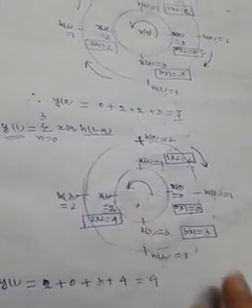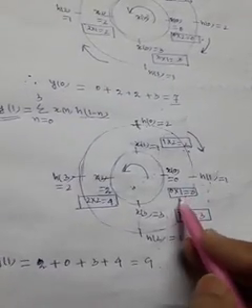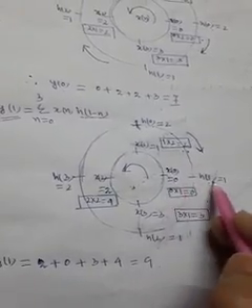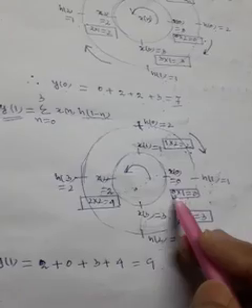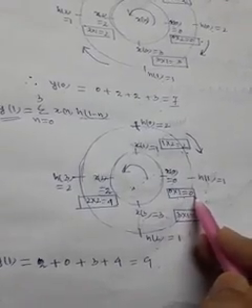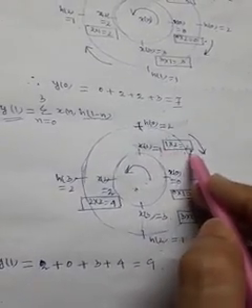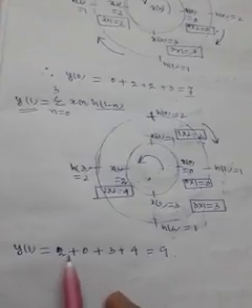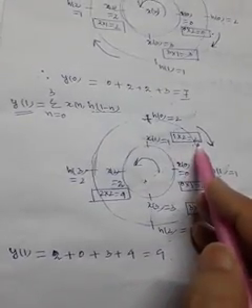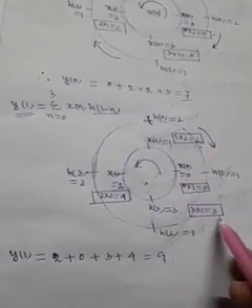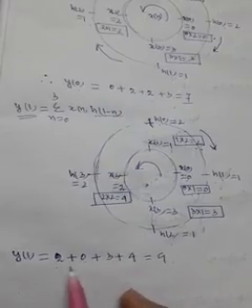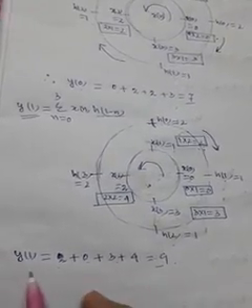Now in the similar fashion we have multiplied the adjacent elements. 0 into 1 will equal 0, 1 into 2 equal to 2, 2 into 2 equal to 4, 3 into 1 equal to 3. So we have written 2 plus 0 plus 3 plus 4, which is 2 plus 3 is 5, plus 4 is 9. So we have obtained y of 1 equal to 9.